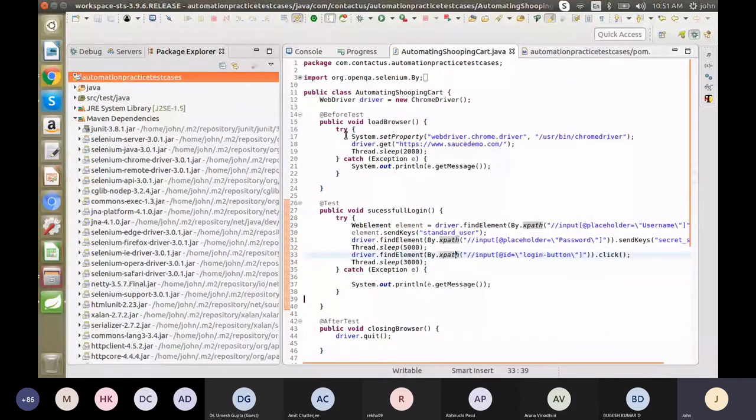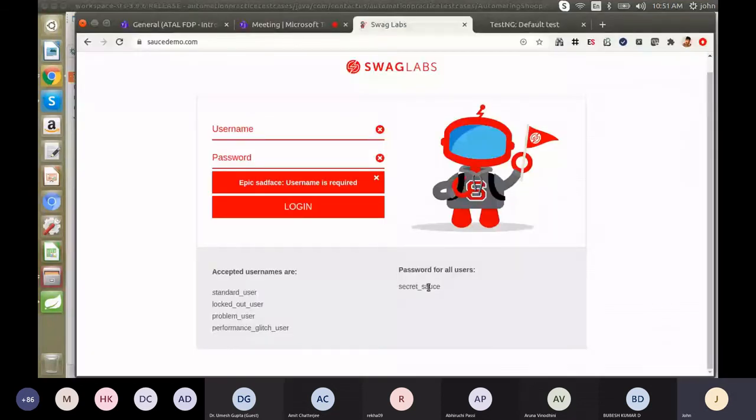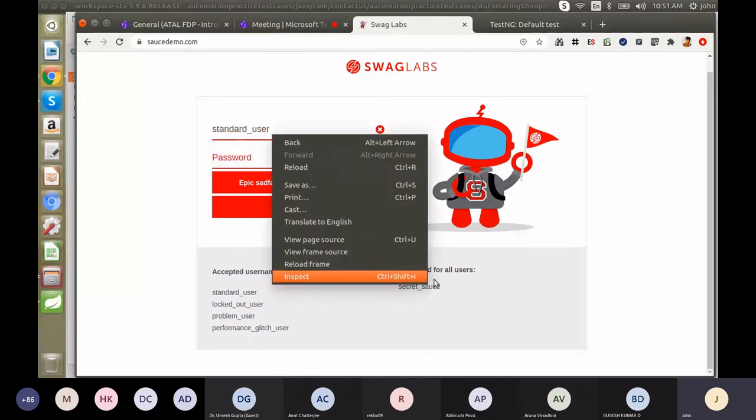So we'll go and automate the add to cart and payment functionality. Okay. Standard user, this is the password.